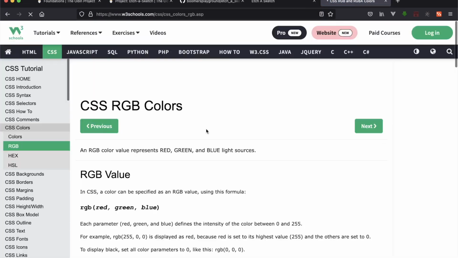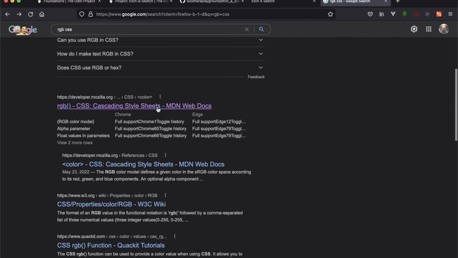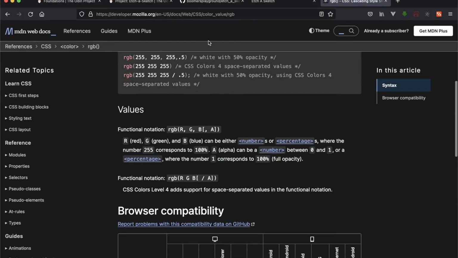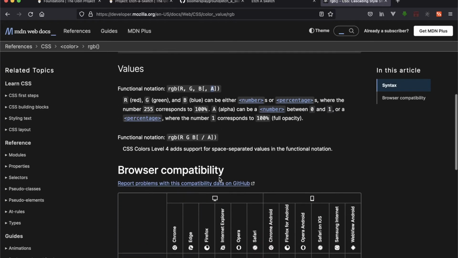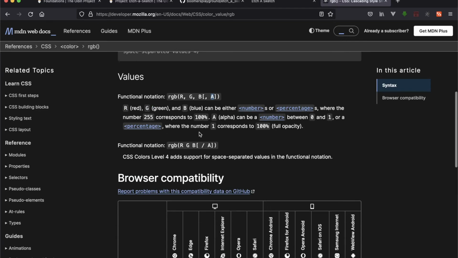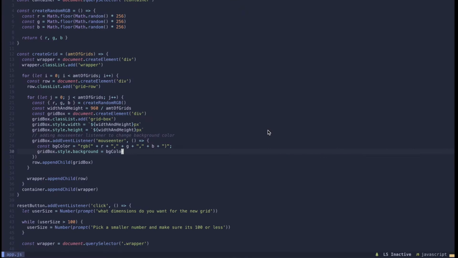And that's going to be the percentage at which the opacity is. So the A, the alpha, dot 1 is going to be 10%, dot 2 is going to be 20%, the whole number 1 will be 100%. So what we want to do is,